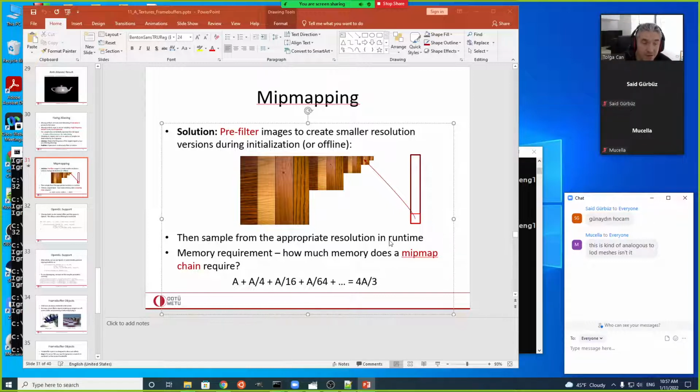This is a very level of detail. So the same thing we can do for meshes, for triangular meshes. We can also have different resolutions of triangular meshes, and we can load different versions of them as that triangular mesh goes away from the viewer. Instead of using the high-triangle-count version when it's very small when projected onto screen space, we would preferably use just a small-triangle version of that. That's the exact same idea, which is called level of detail in meshes, and the mip mapping idea is exactly